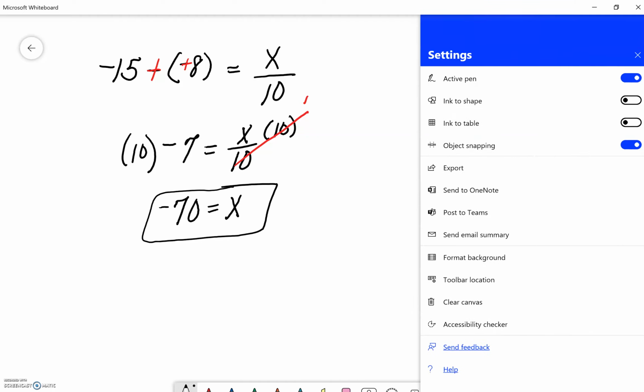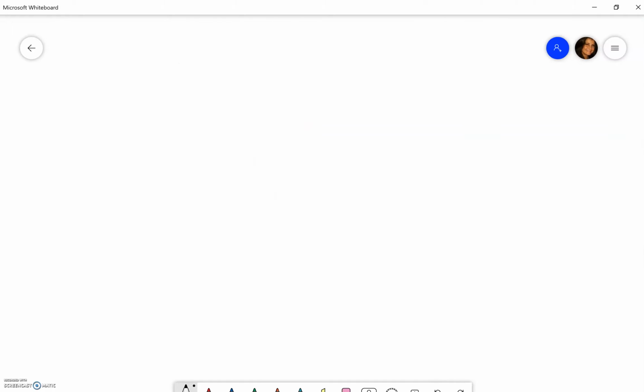Okay, let's try another one. All right, how about if we have, let me see how many minutes I have left. Okay, let's try this. If we have negative 10 times (x plus 5) plus 74, and that's equal to negative 13